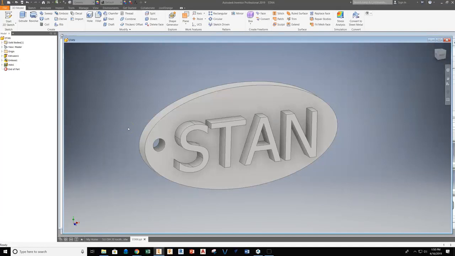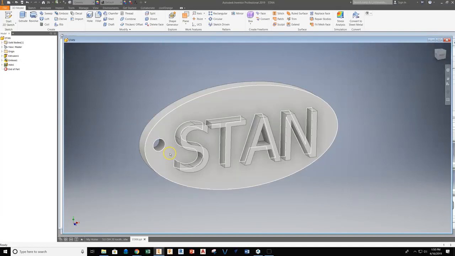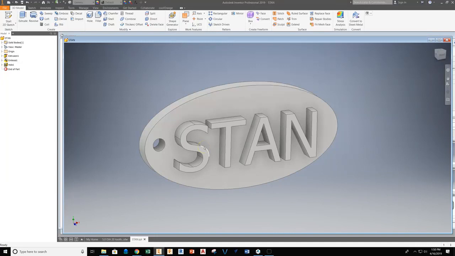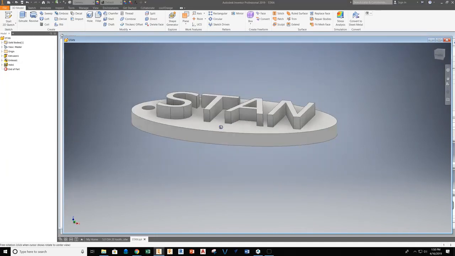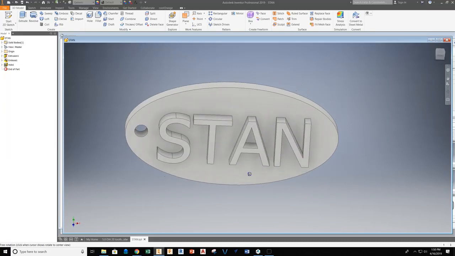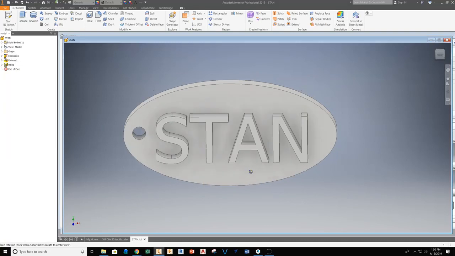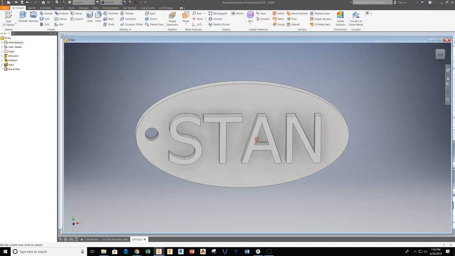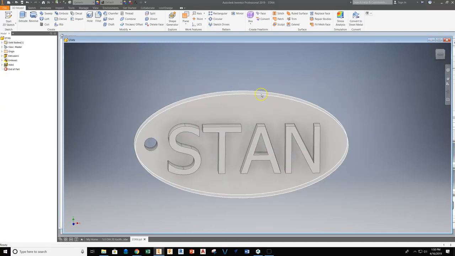Alright, in today's video we're going to take you through how to take this 3D model of a keychain with someone's name on it into a 3D printing environment and then create this object. So first thing we have to do is from Inventor we're going to go ahead and export this part as